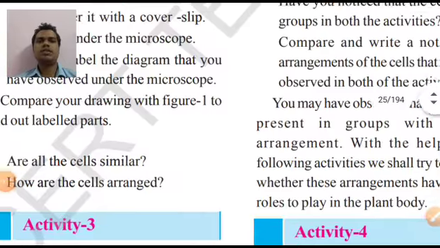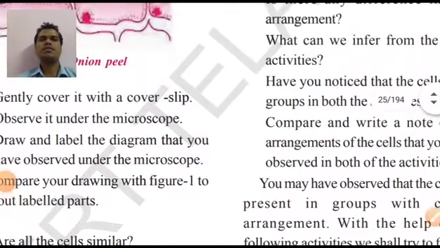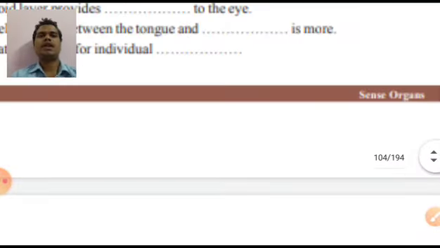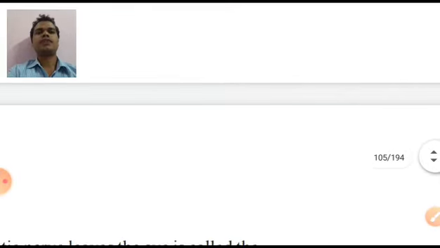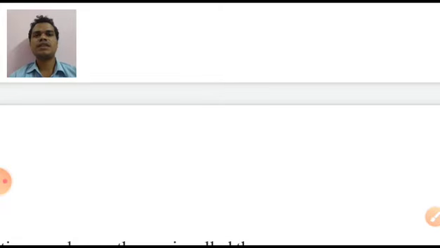Now children, this is all about today's class, and today we have observed two different activities. What you have to do is write down the process of observing the leaf cells, and also draw the stomata. Okay, so what is your homework? Your homework is to write the procedure, the materials required, and the result of this activity.